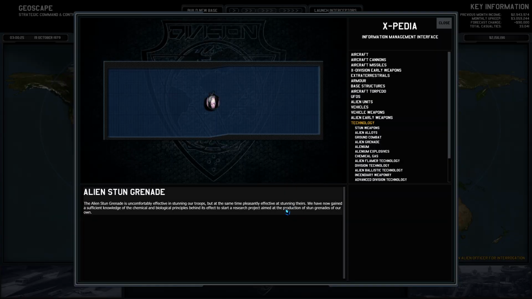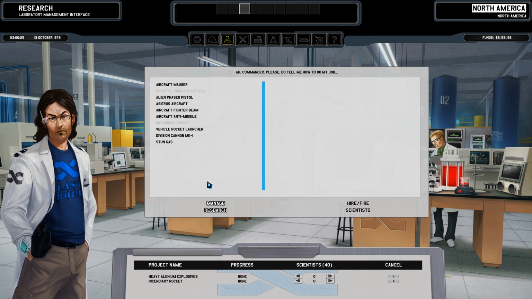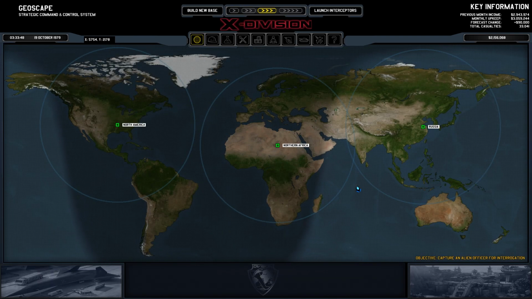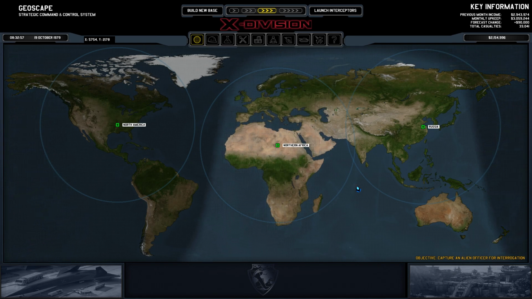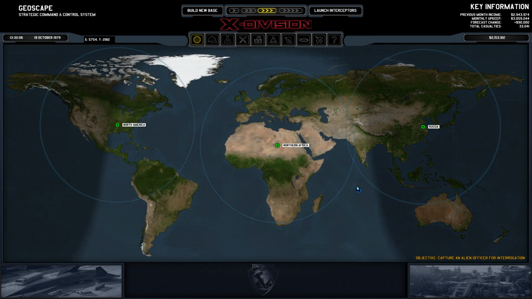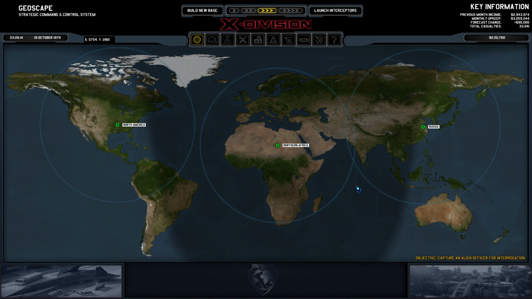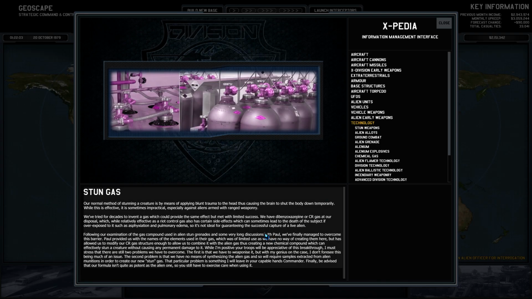Alien stun grenade, finally. It is uncomfortably effective in stunning our troops, but at the same time pleasantly effective at stunning theirs. We have now gained a sufficient knowledge of the chemical and biological principles behind its effect to start to research a project aimed at the production of stun grenades. Stun gas. Given what we already know, yes, 40 people, go. I want this done as soon as we can. Then we have the stun gas, we probably then need to research stun grenades or...